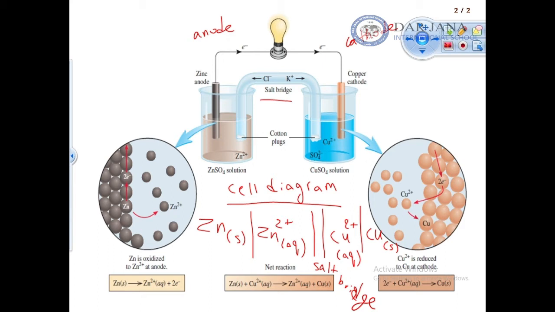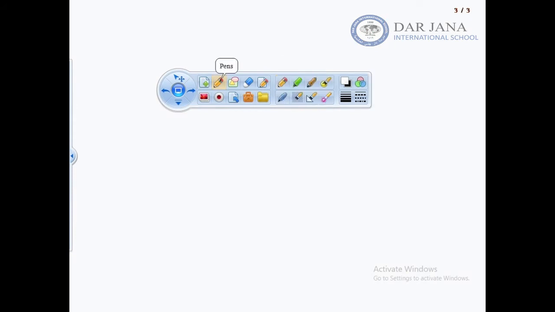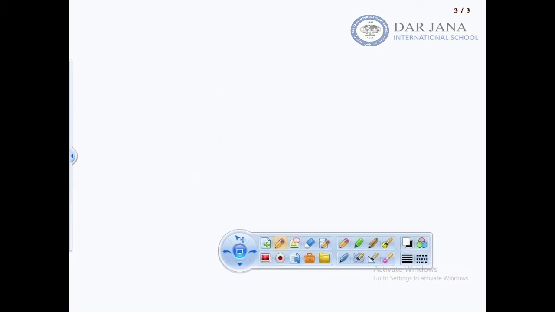Let's take another example to make sure that we understood this. Given the overall reaction and the cell diagram, if you have the cell diagram, you can use it to find the half reactions from it. If we have this cell diagram,